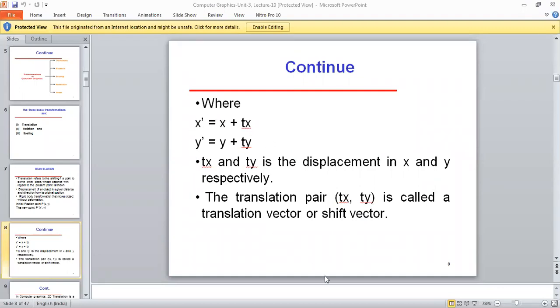And after that, we have to draw the new figure. Suppose we have the triangle, and then that triangle is going to move by some units along the x-axis and along the y-axis, and then at the end we will draw the final triangle and show the movement. So we will consider how we will calculate in an example.